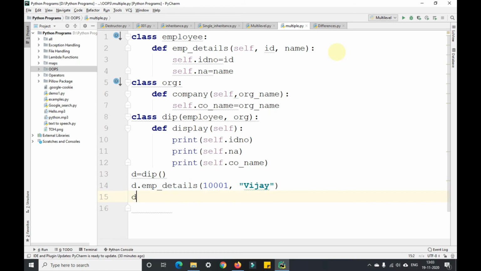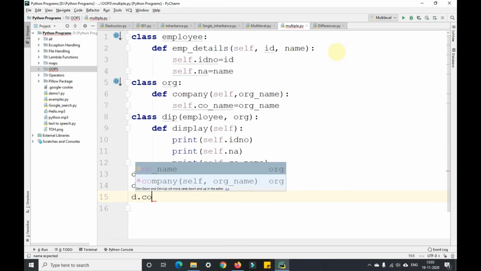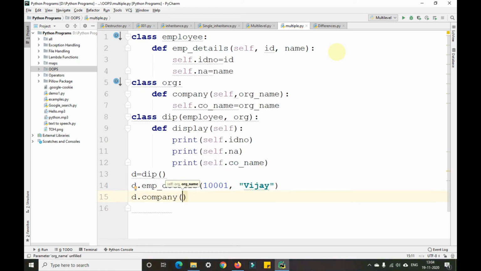After that d.company, here we'll pass the organization name as ABC PVT Ltd. Okay, after that we'll call the display method here, d.display.